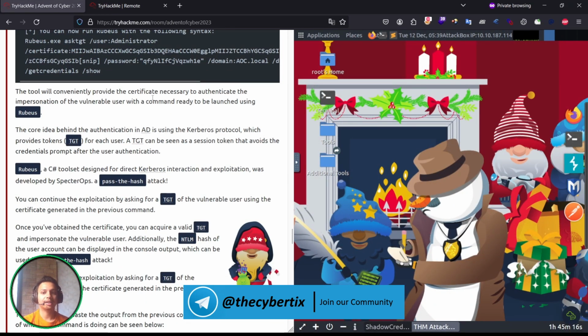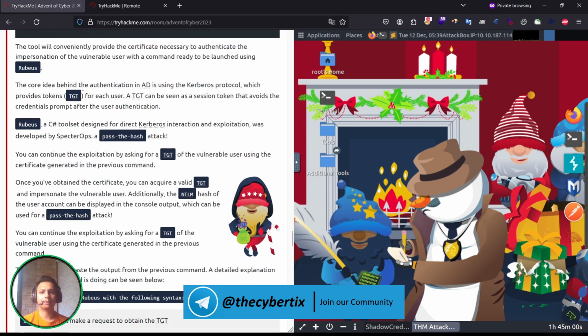So for a better understanding, they had given a particular display. The tool will conventionally provide the certificate necessary to authenticate the impersonation of the vulnerable user, with a command ready to be launched using Rubeus. The core idea behind authentication in AD is using the Kerberos protocol, which provides a token, the TGT, which I